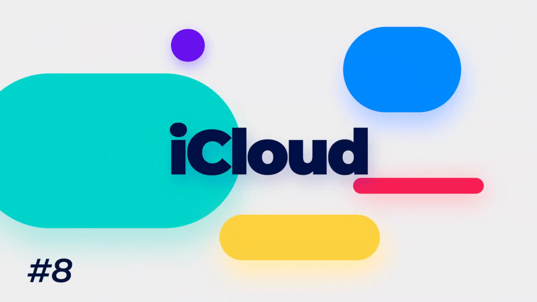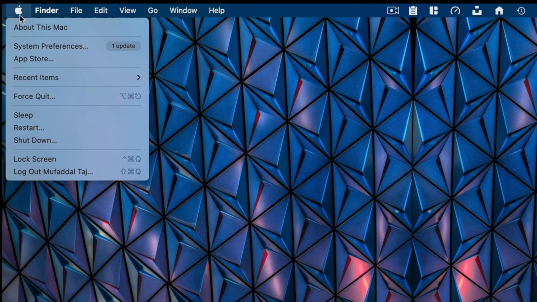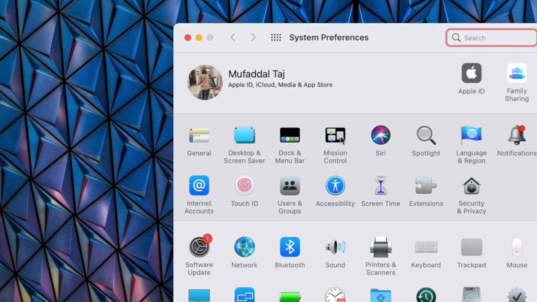Next is iCloud, which is another Apple only feature. Now the desktop on your Mac will by default be set as an iCloud folder, meaning whatever you store on the desktop will automatically be uploaded to iCloud. Some people like this feature as it is, and some unlink the desktop from iCloud because sometimes it can be annoying. So in order to do that, we'll go to System Preferences from our Apple menu and then choose this